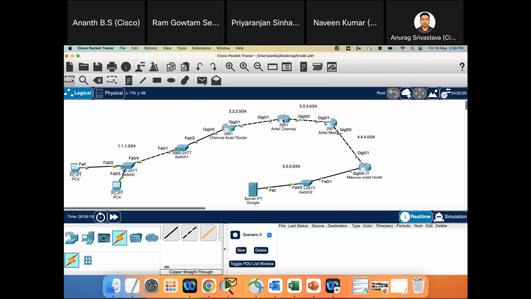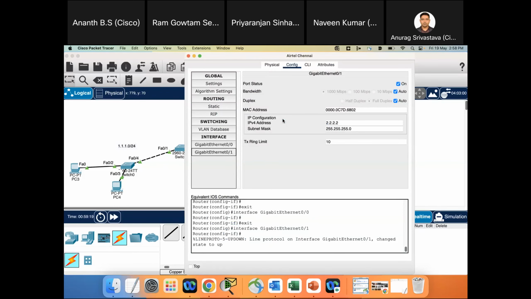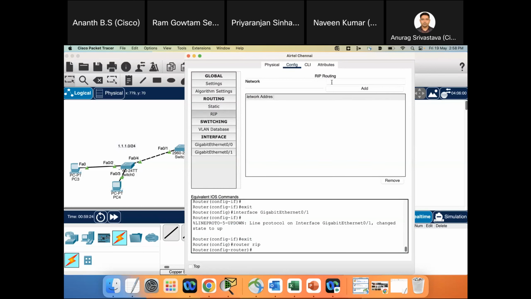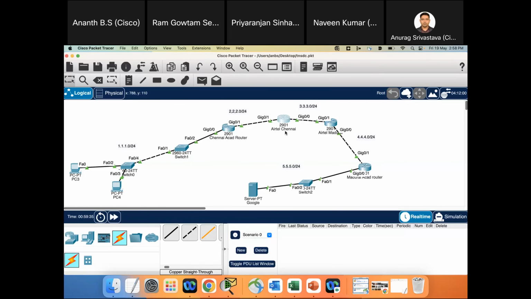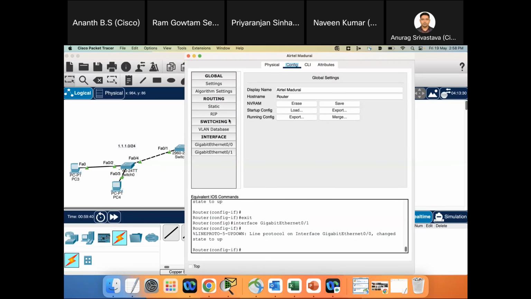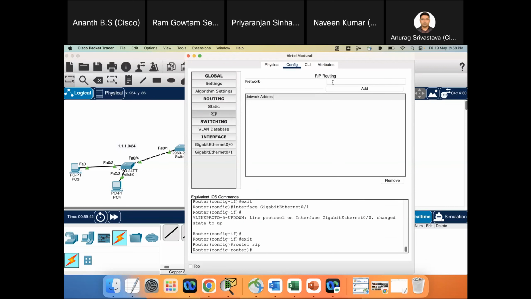So let's go to Airtel Chennai, and let's go to RIP, and we'll see you're connected to 2 and 3. So I will say you're connected to 2.2.0 network, and also you're connected to 3.3.0 network. If you notice, I didn't say you're connected to one network. I'm just adding networks which are directly connected. Okay, so let's go to Airtel Madurai now. I will say 3 and 4. So if I go to RIP, I will say you are connected to 3.3.0, add, and 4.4.0,